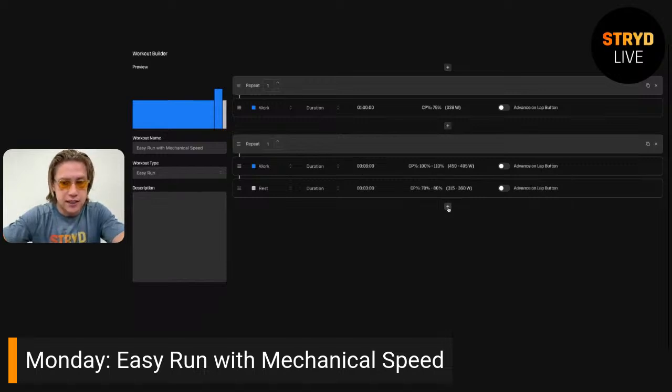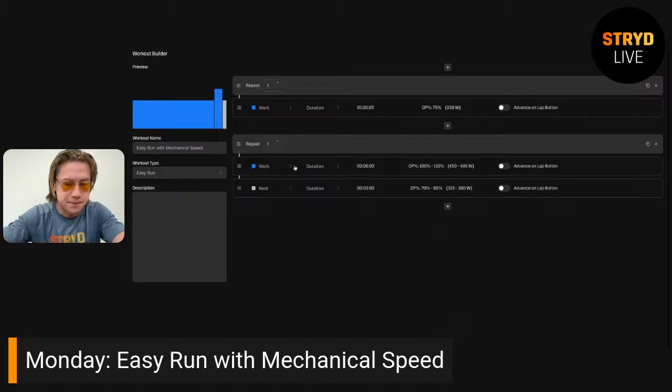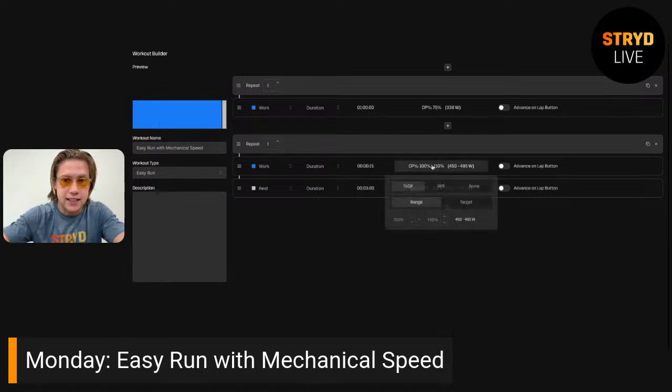So the easiest way to do this, as I just tapped, is tap this plus button and then tap a 2-step section here. So this first section is going to be a work section. Once again, I'm going to keep this pretty short. I'm just going to put in 15 seconds here. So I'm going to put in 0 minutes and 15 seconds and bring this power target up to around